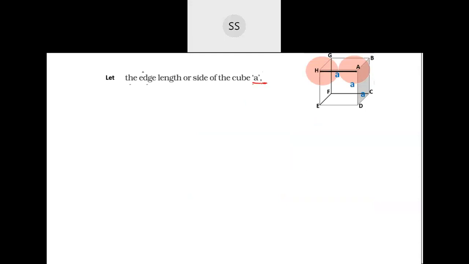You have to mention all the terms you are going to use here, and then let r be the radius of the particle, that is the sphere, the radius of each particle or atom. And a value we have got just now, a is equal to 2r. After you get a value, your next step is to calculate the volume of that unit cell.